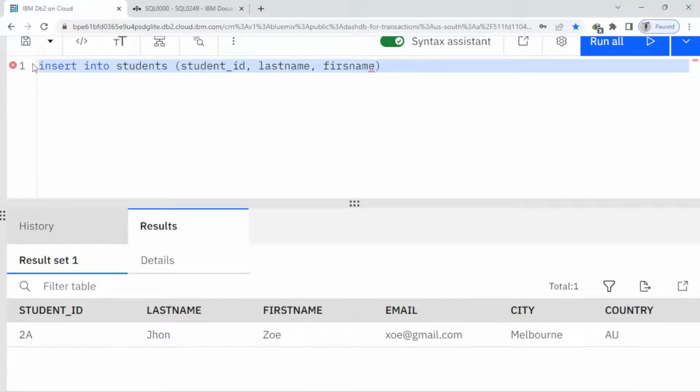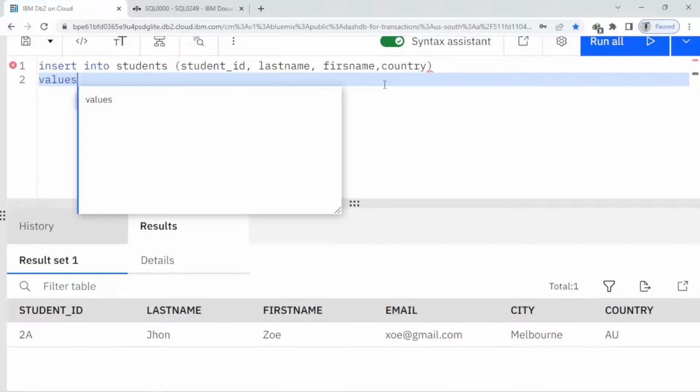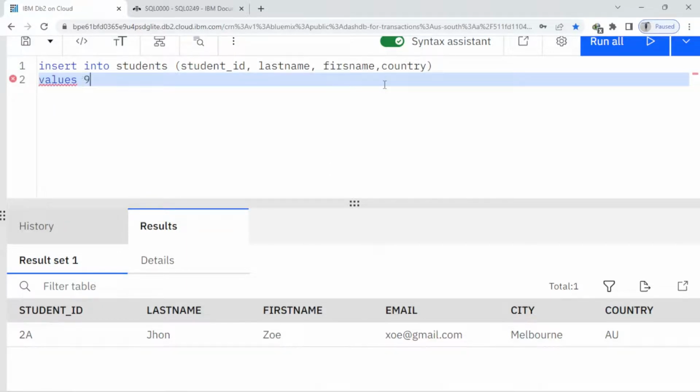first name, and here I don't want to add email address and city for this. I just want to add country here, country, and the next one I have to write values here, values bracket, and here, so whenever I write strings I have to put in quotation marks,